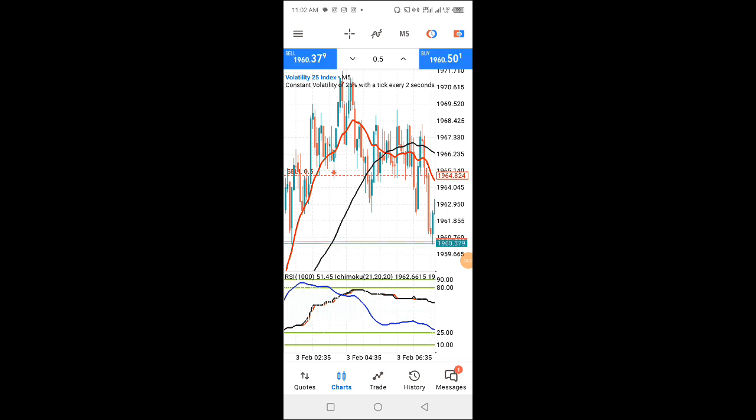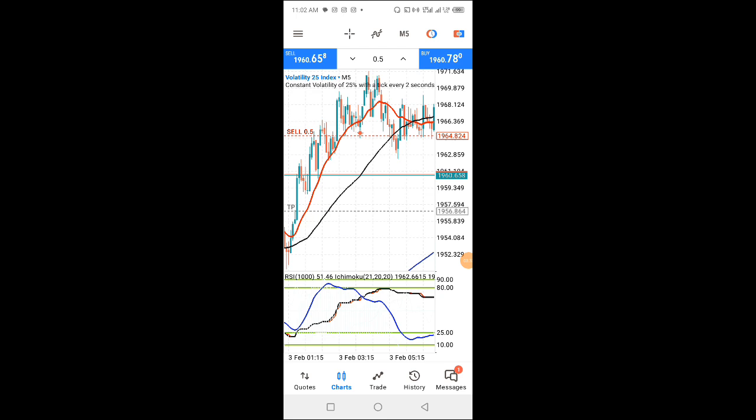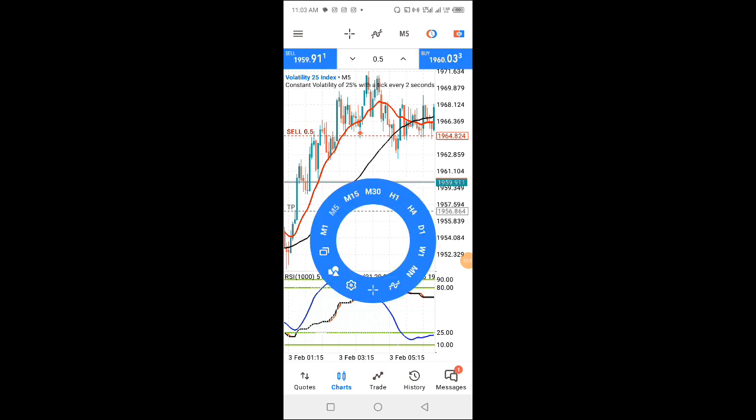Now, how do we use this strategy? Before you take a sell or a buy trade, like what you see here, I opened this trade very early today, but I'm going to give you reasons why I opened this trade and what the conditions were for opening this trade. I'm going to show you other examples and the winning ones here in this practice account, because